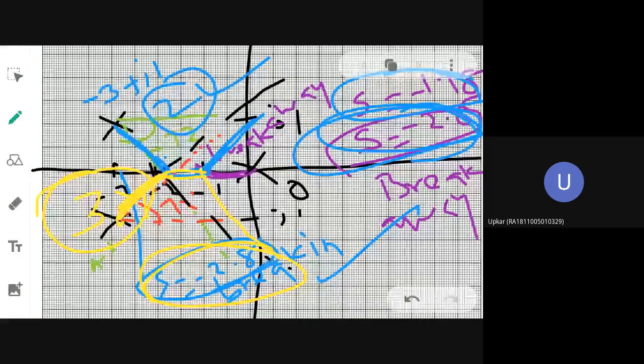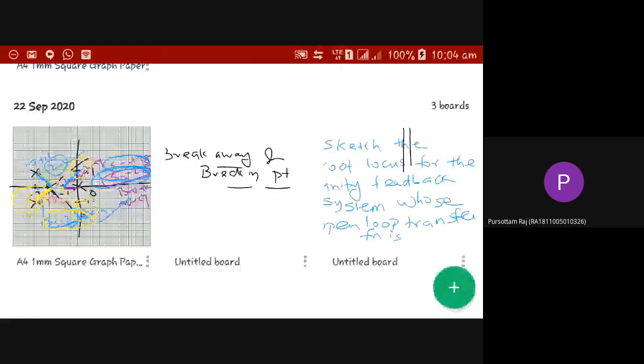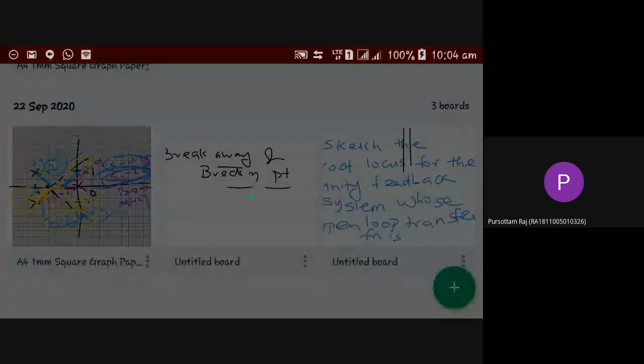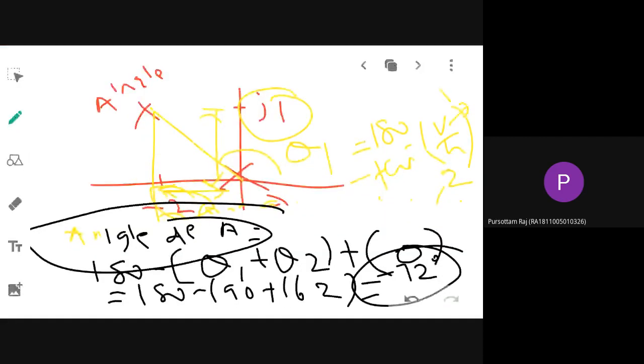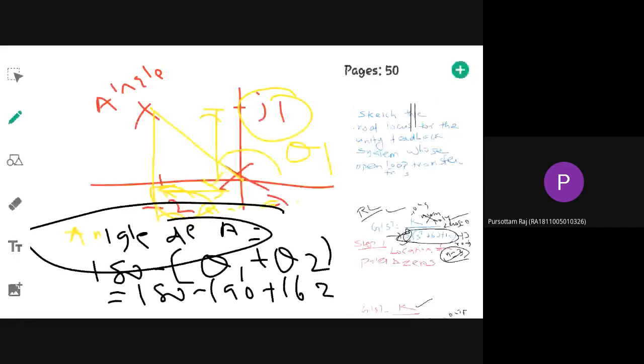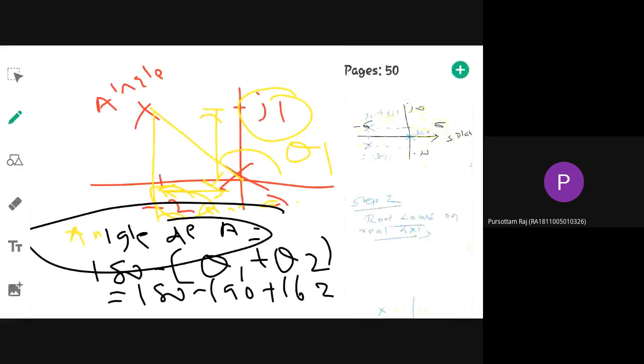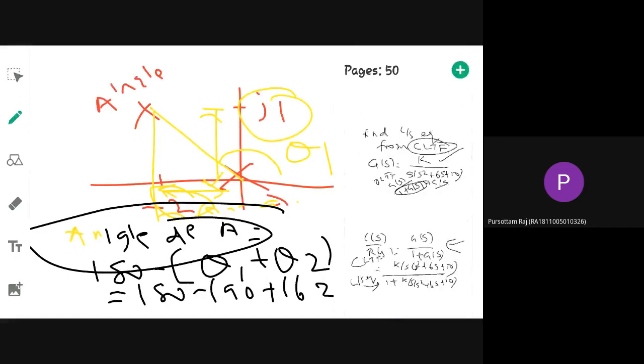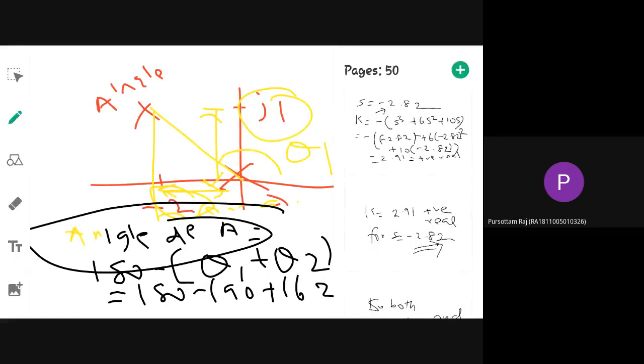Okay, like this you have to mark in your graph sheet, same graph sheet. But still you need to find out this crossing point on the imaginary axis. The procedure you know, I think from the earlier class. What is the procedure? Substituting S equals J omega in the characteristic equation. Yes, then you have to equate the imaginary part to 0, real part to 0. You find out omega and K. That we'll discuss now. That is your last step.